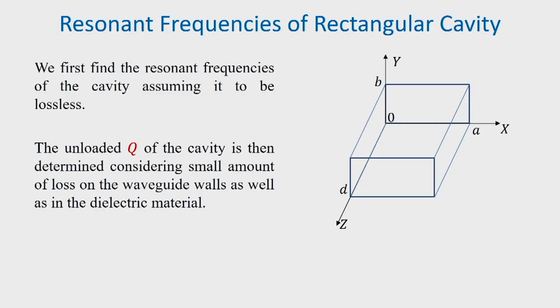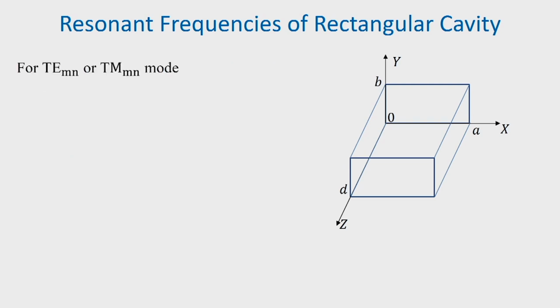The unloaded Q of the cavity is then determined considering small amount of loss on the waveguide walls as well as in the dielectric material. So, initially we find the resonant frequency considering lossless condition. So, for TE_mn or TM_mn mode,